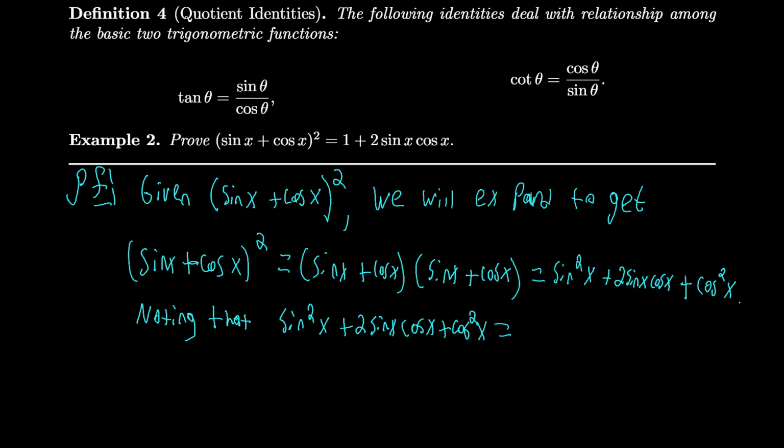So I say, note that this term can be rewritten as, and I'm just going to write the sine squared plus cosine squared first, because we want the 1 first. And the reason that I think that a lot of people that come and take trigonometry end up not liking the class, this part of the class especially, is because you actually have to think. And I don't mean this as an insult, but you guys haven't really done a lot of thinking in your mathematical careers. Noting that this equals this,